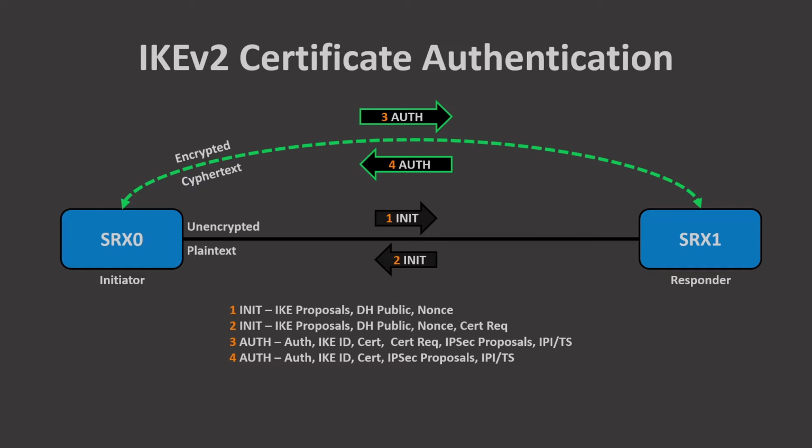He's going to make a certificate request of SRX1, and then he's going to have his IPSec proposals, and then his IKE proxy identity / traffic selector for the IPSec SA. So the proxy identity / traffic selector is a remnant from policy-based VPNs where we had to define, okay,